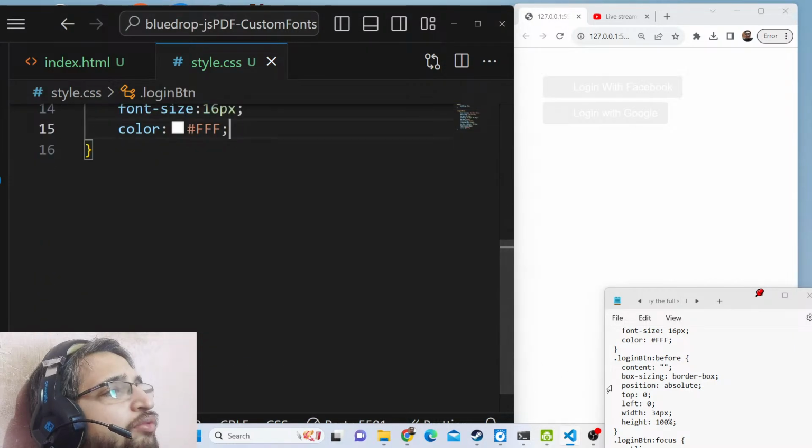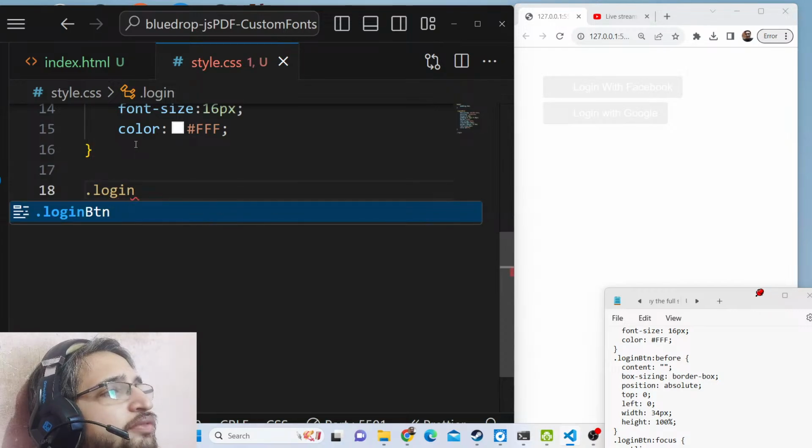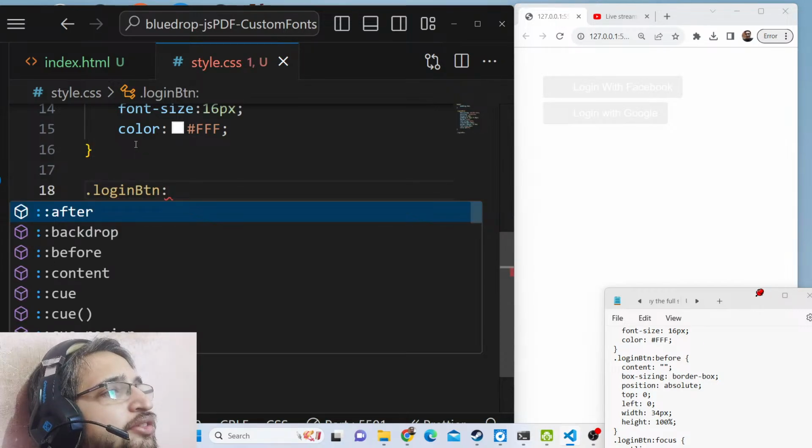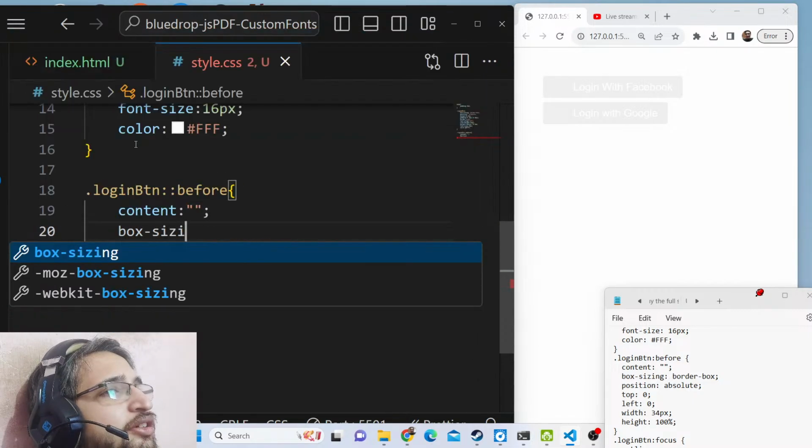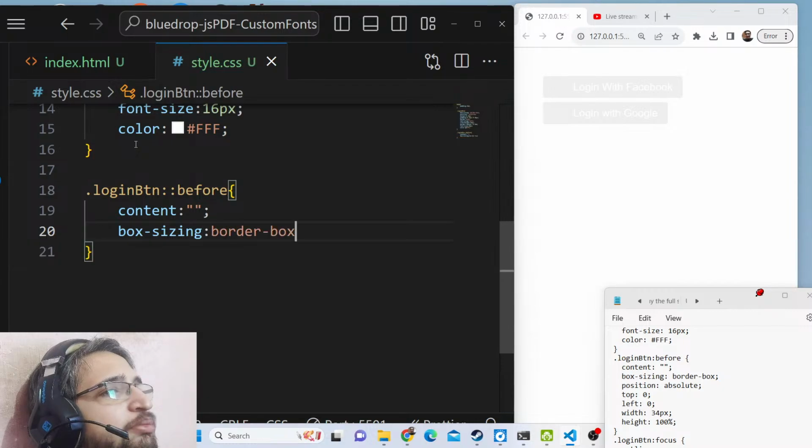Now we will target a pseudo class, which is login button. Once again, we will target the same class, and this pseudo class is before. So before pseudo class, guys, basically typically means that whenever your styles have been box sizing, we will say that border box, and position,